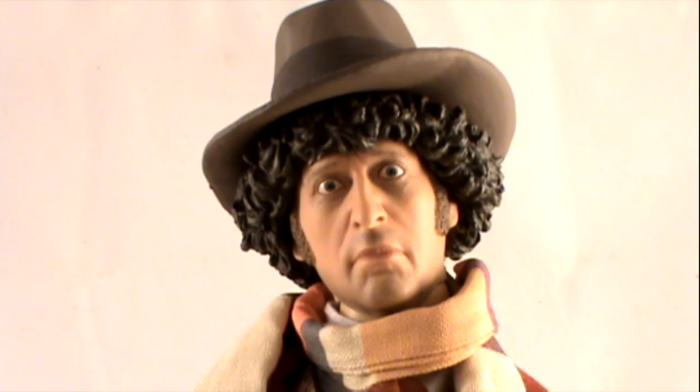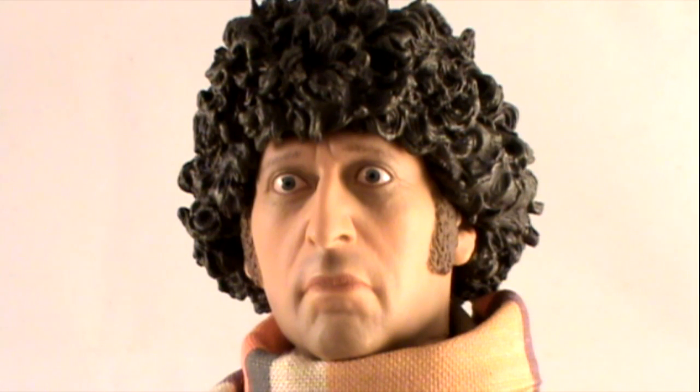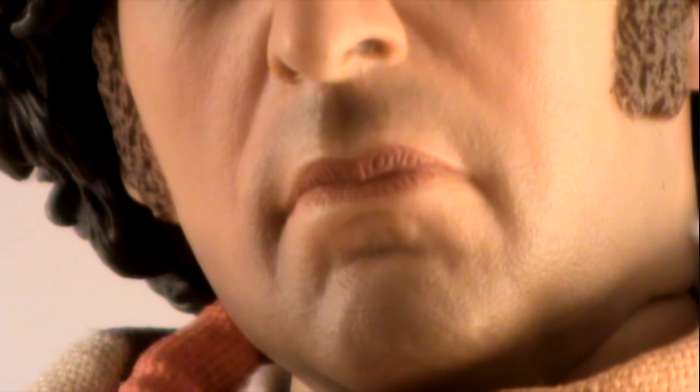Overall, the head is very impressive, and it looks even better in hand. The camera really doesn't do it justice. However, what I will say is that comparing this production head to the prototype, there does seem to have been something lost within the likeness. Obviously, it's Tom Baker, it's a very good likeness, but having seen both the prototype head